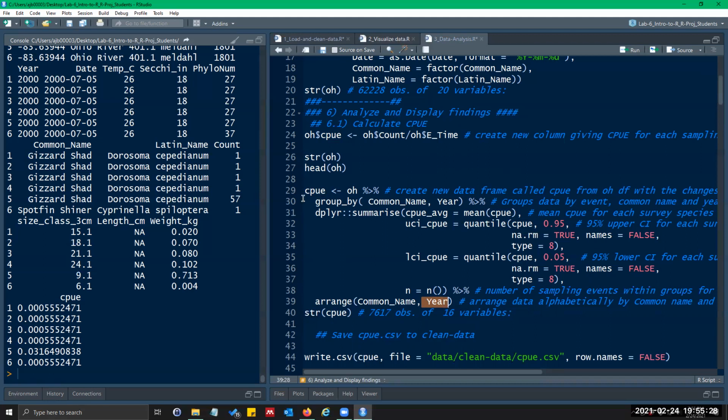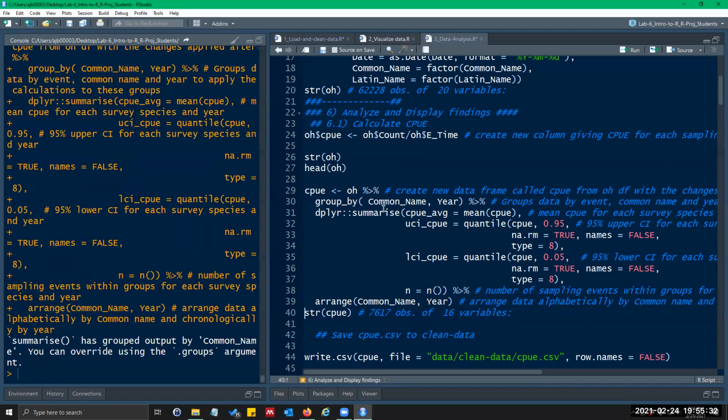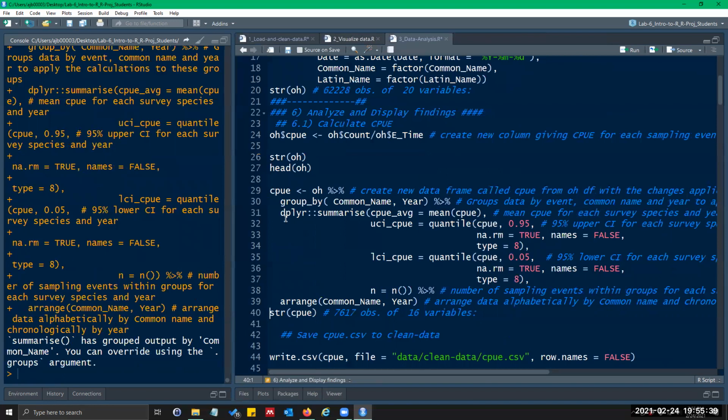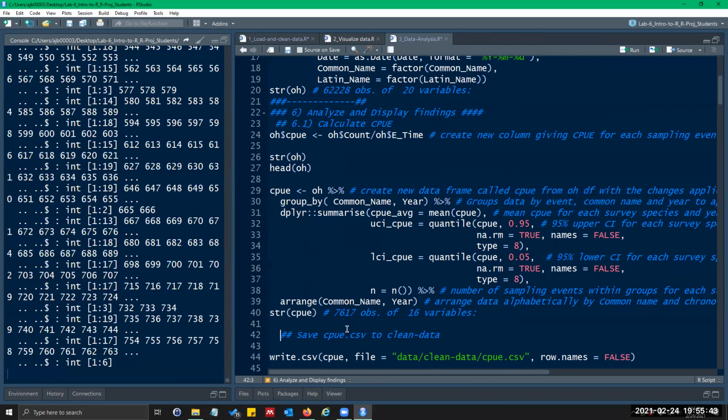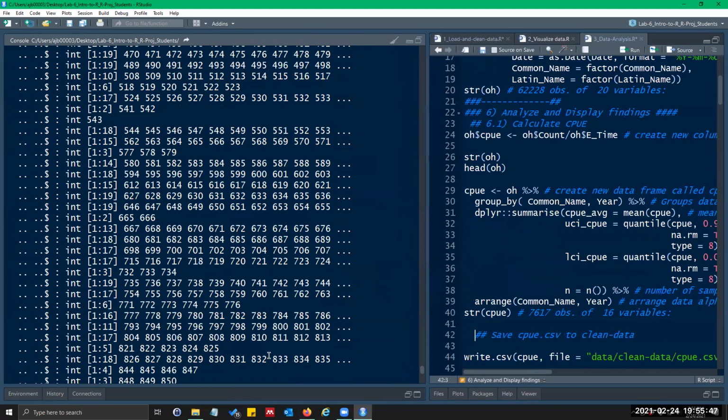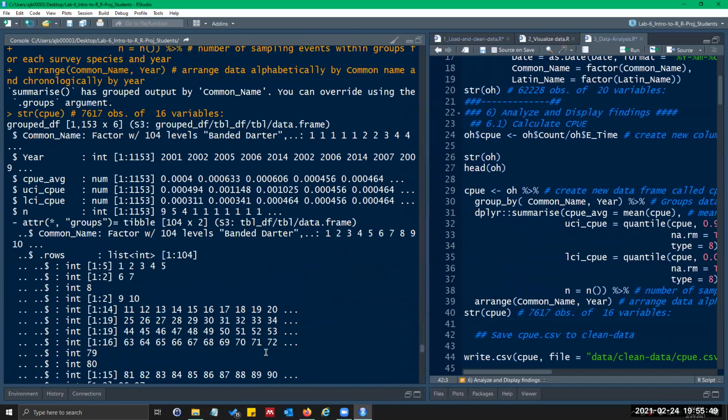So I'll just put my cursor up here on 29 and control enter, run it. It gives you this little thing, summarize as grouped, blah, blah, blah. It's just saying, hey, it grouped it by what I said to group it by. So if I look at this new data frame, and you can ignore all of this, this is just attributes that it saved it as.